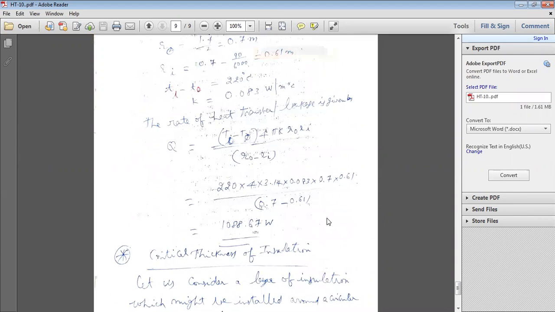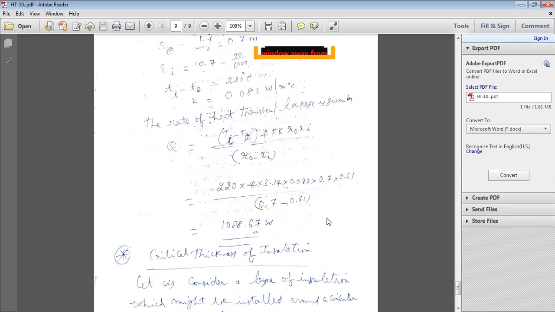So far we have completed conduction heat transfer analysis through four important systems. First, the plain wall and composite wall analysis, that is also very, very important. And the composite wall or plain wall considering conduction and convection, that is also completed. And next, heat transfer rate through the cylinder. So the derivation was given and two problems were solved in this class. In the last class I gave the derivation for the cylinder.